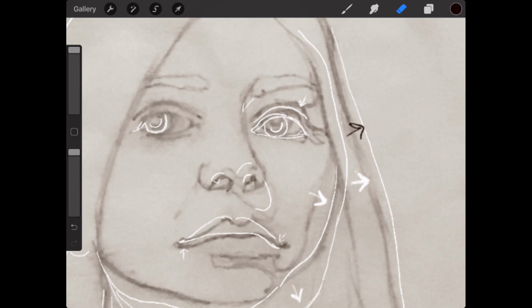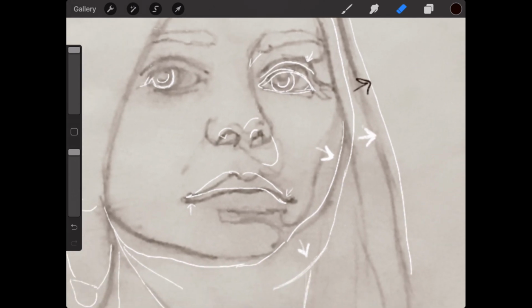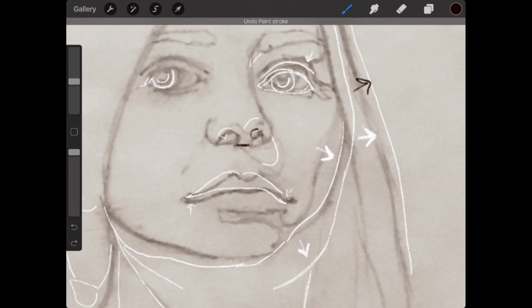Okay, so moving down, once you get the eyes in the position where you're happy with them, then you can start to make adjustments. Now the nose, the bottom of the nose sat in the correct position, but where you placed the nostrils was a little bit low, and maybe a little bit too centered. So I would just clarify that. But where you have the wings of the nostril out here and here seemed just fine. So I would just be careful about how you treat this shape here.